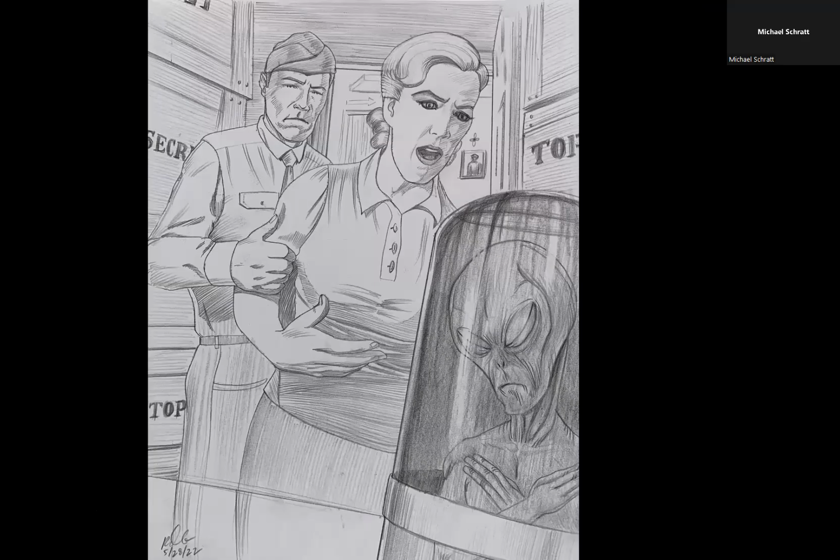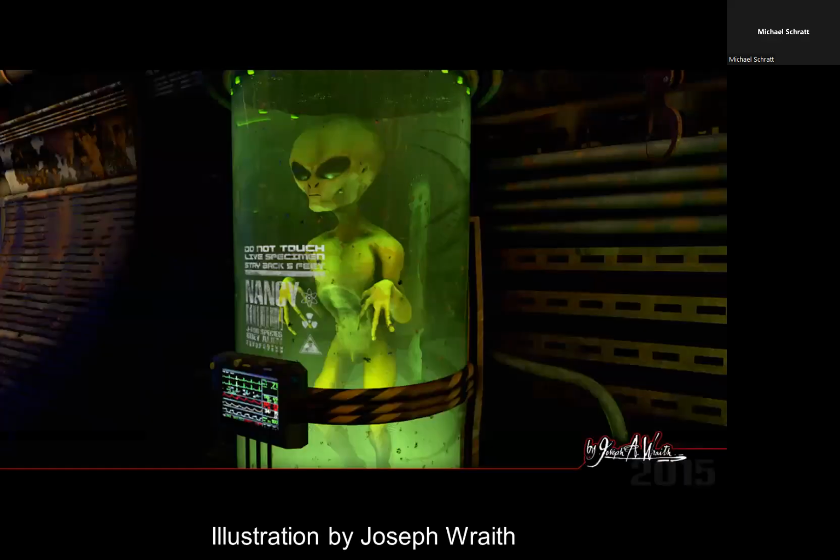And within about 10 seconds, she feels a hand grab onto her shoulder, her upper arm, and it was an MP telling her to get out of there immediately. But she did actually see this. So again, it's her word against the government, against these congressional hearings when they say that we don't have any evidence. This woman is telling us that she has seen the bodies. She's seen the actual evidence.